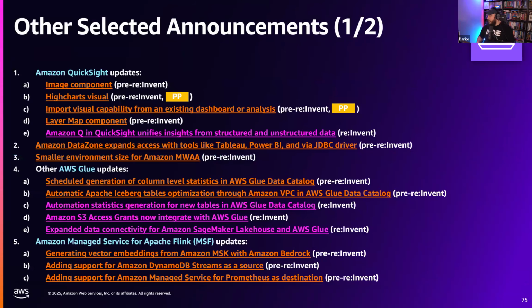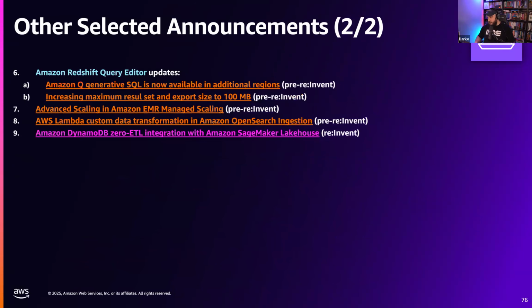There's a bunch of other stuff on Amazon QuickSight and DataZone, and Glue updates and Apache Flink updates. A whole lot of things that, of course, I'm not going to go through each one of them because there's 2 pages of stuff. And I'm taking a sip before the next section, because the next section is...